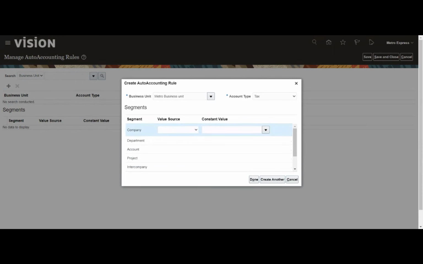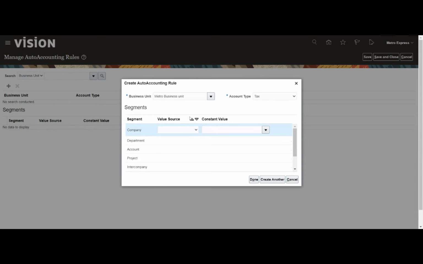Primarily it is based on the taxation setup. If I have a different requirement, I can achieve that through standard memo line also. After this, we will see what a standard memo line is. For now, these are the options that we have to map our account code generation feature.